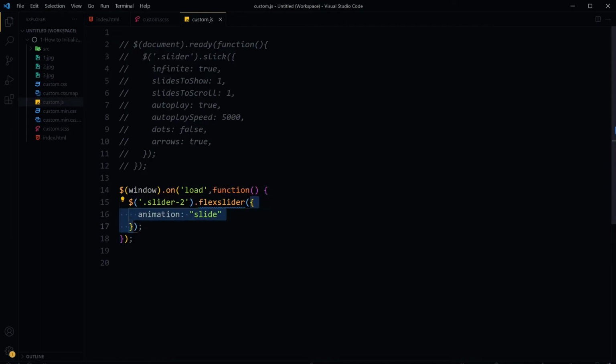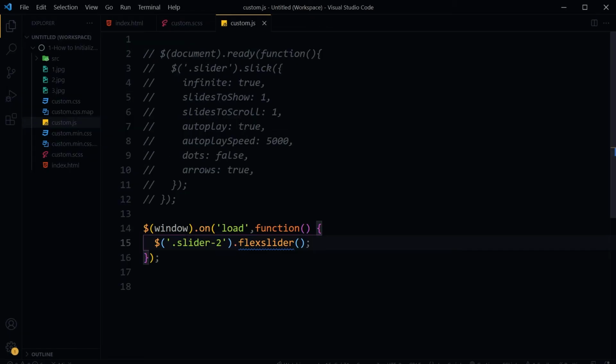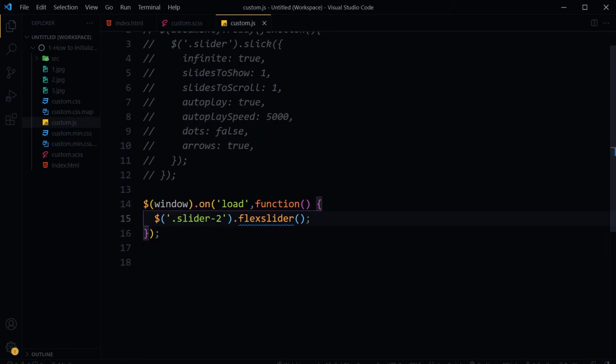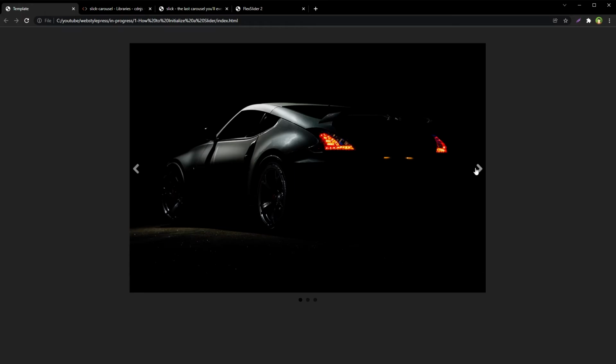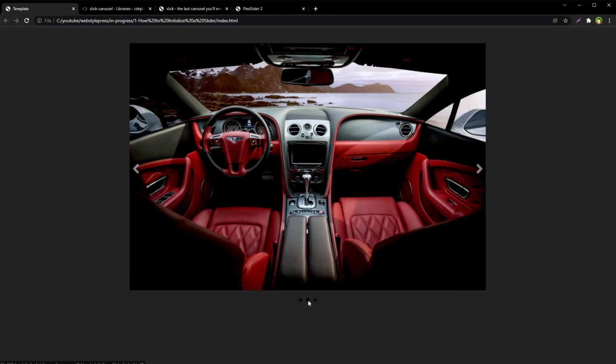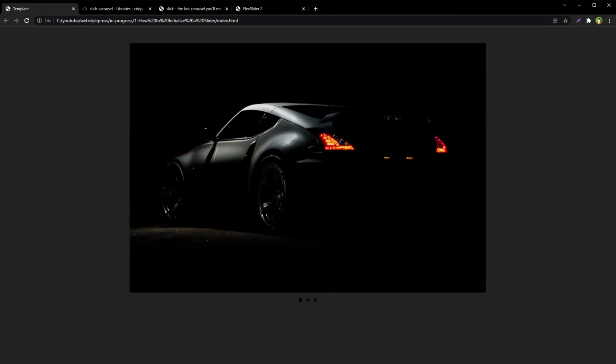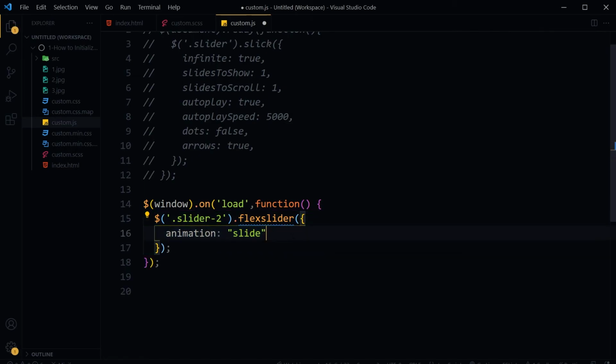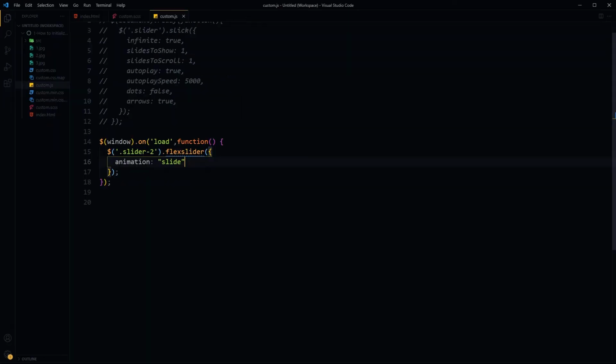You can skip the settings and it will follow default configuration. Refresh. It is working. And here you can specify more settings for this slider.